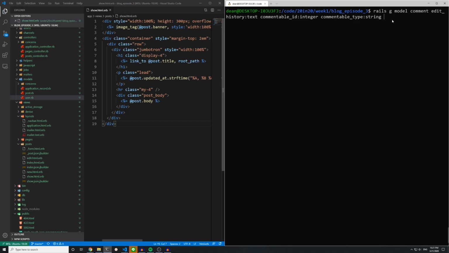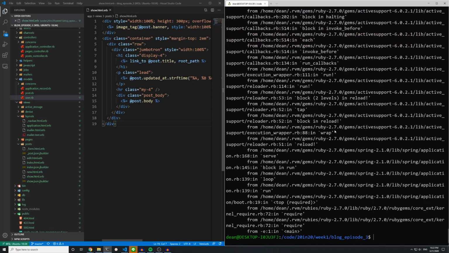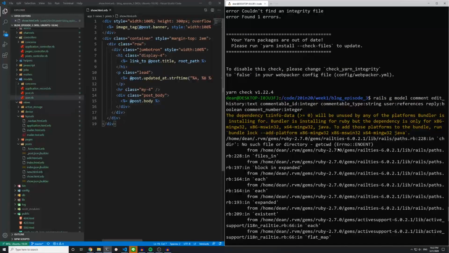Next, we have a user:references, of course, because a user has many comments. You'll also have a reply, which is a Boolean. Now, you could do this without a Boolean, but I chose to do it with one just to make it a little bit more clear when we do use it. And the last thing is this comment_number, which is an integer. So let's go ahead and run this command, and we have an issue here,